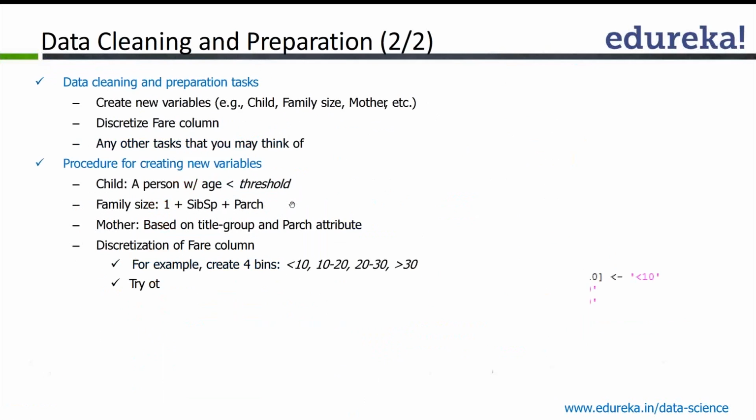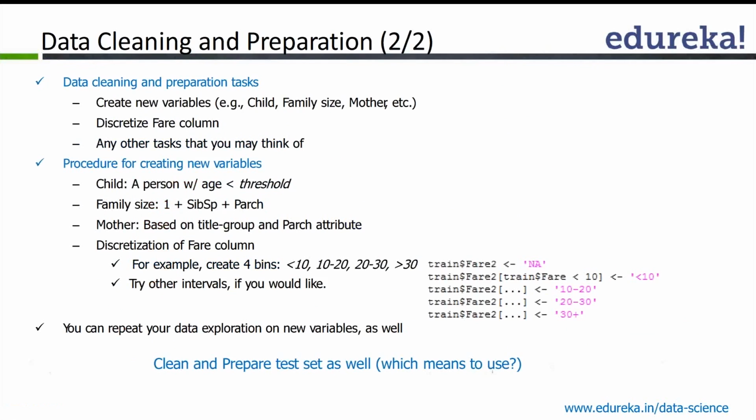And again, the intuition there is if you are a mother, then you have probably higher likelihood to survive. Okay, so creating new variables is all about incorporating your thoughts about the problem into the classification model. Okay, and you can think of several other variables that you may would like to add. Okay,